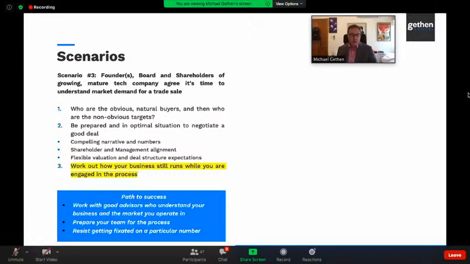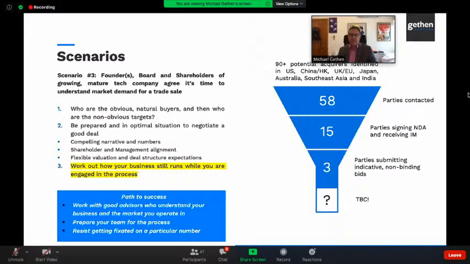Path to success, work with good advisors who understand the business, prepare your team for the process. And probably my key issue here, which again I'll bring to life in a war story in a moment, is really resisting getting fixated on a particular number. I'll come back to that. And just to give you some sense, I said I'd share with you details. So this is a live M&A I'm currently managing. Cannot tell you anything at all about the company, but just to give you a sense of what it's like. So this is through the process with the board of identifying who would be the obvious buyers as well as the non-obvious. Our raw list was